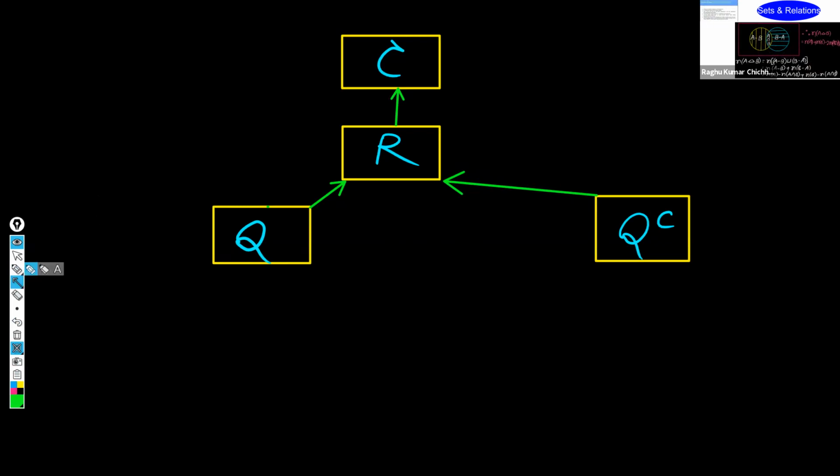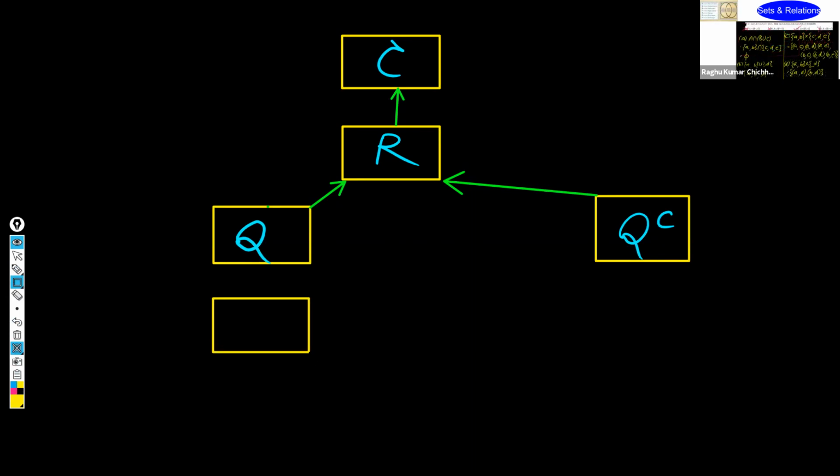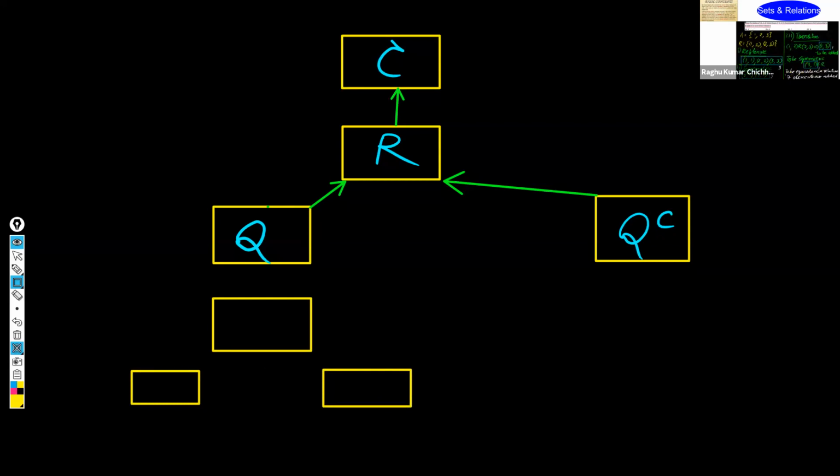Now, these rational numbers will be again containing all the integers. All the integers, please. And these integers will be containing the negative integers and again positive integers. And these positive integers again containing,